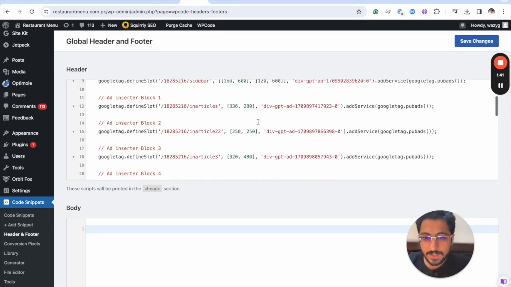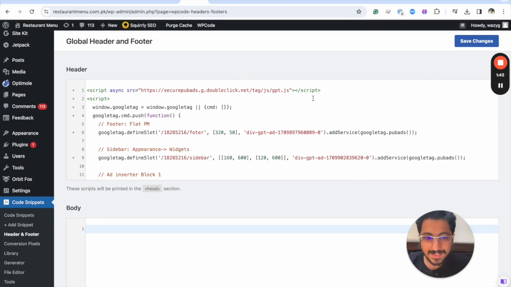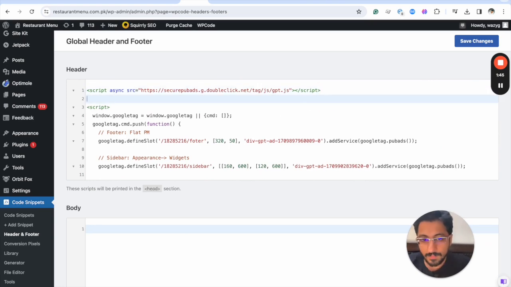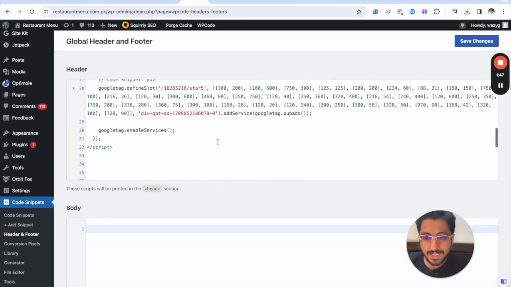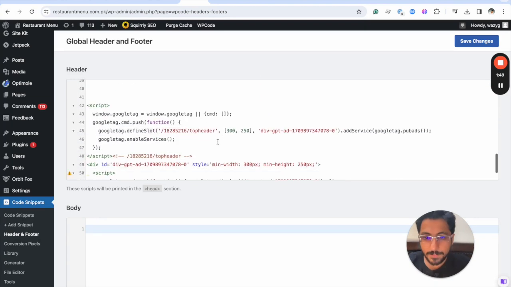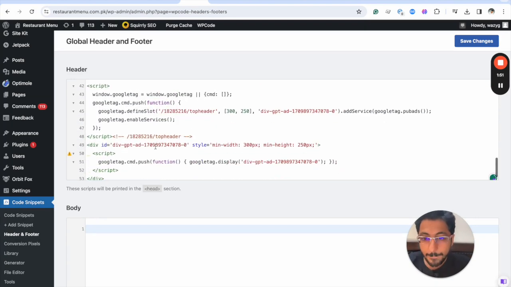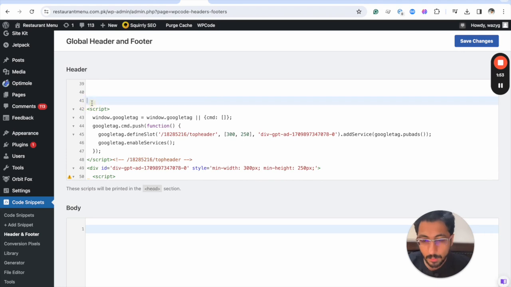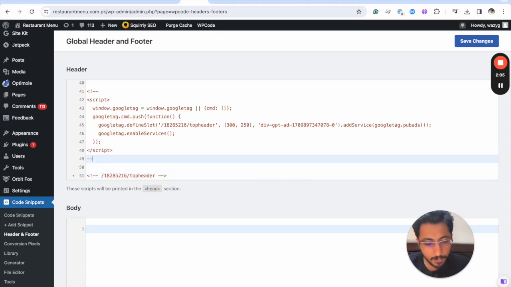Okay, so we pasted this in here, and then this code would be duplicate, but let's retain this code, and I am simply commenting it out, the header code,